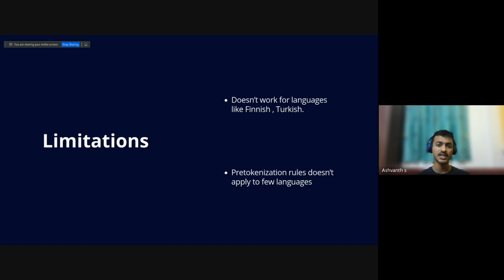But are there any limitations? Just like any algorithm, as much as the advantages it gives, there are a few disadvantages as well, which is that it doesn't work for languages like Finnish or Turkish. And why doesn't it work? Because these consist of words where a single morpheme, meaning a single token, carries a semantic meaning. These are languages with individual words without spaces, and it'll be difficult for the tokenizer to understand how it works. Also, other pre-tokenization rules don't apply to these languages. With that being said,